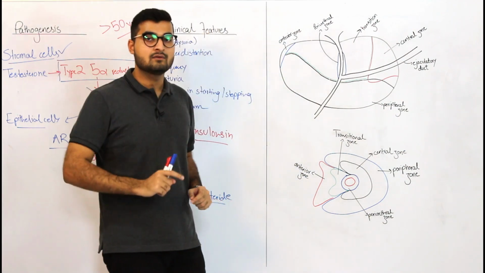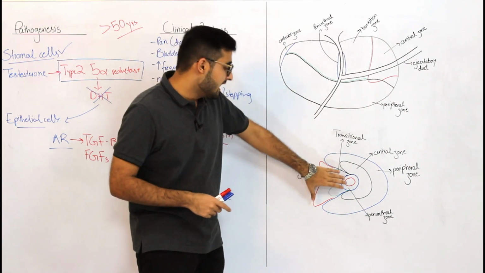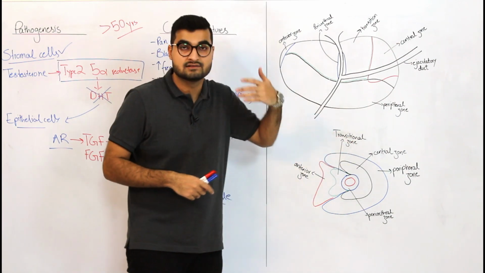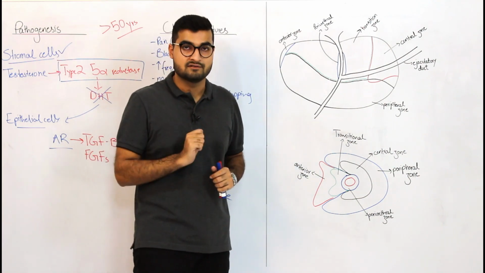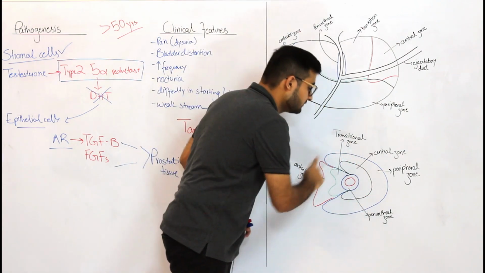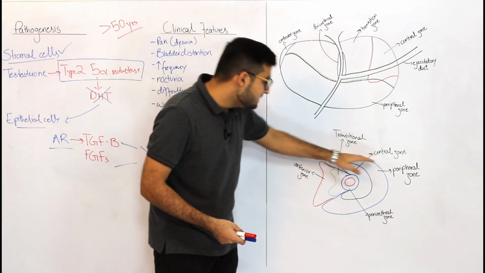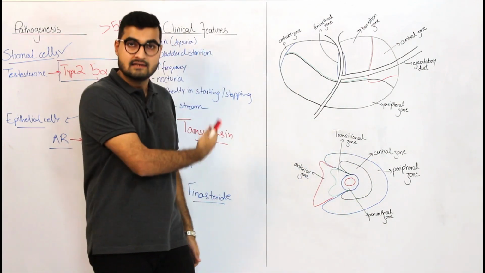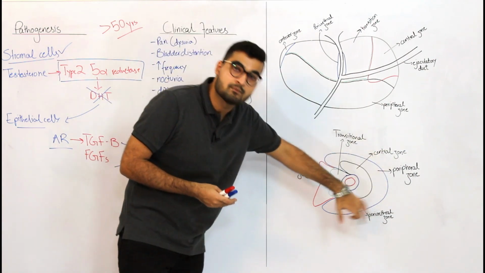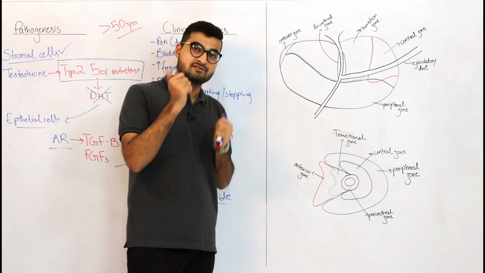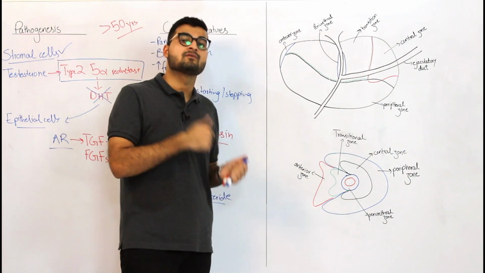So one thing to keep in mind, a patient of BPH who has undergone TURP has gotten their transition zone removed, they can still end up having adenocarcinoma of the prostate. Why? Because their peripheral zone is still present. In TURP, I just removed the transition zone, right? So if the peripheral zone is still present, and he's a 50-year-old, in probably 20 years, when he reaches the age of 70, he might end up getting prostate adenocarcinoma as well. So TURP is just a treatment for BPH, but it does not prevent a person from developing adenocarcinoma.